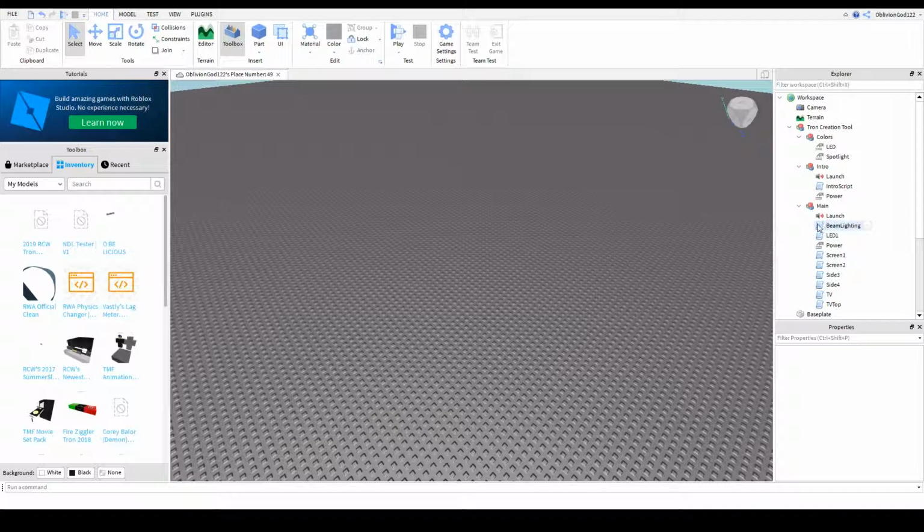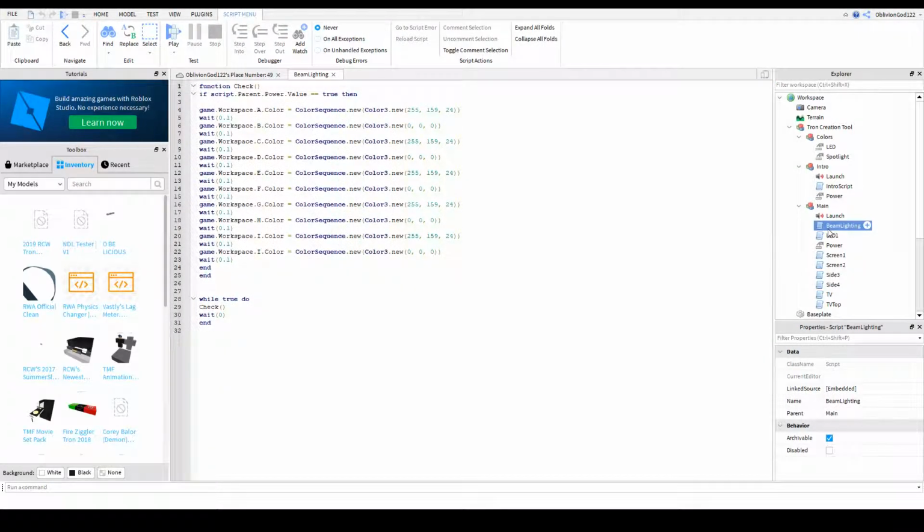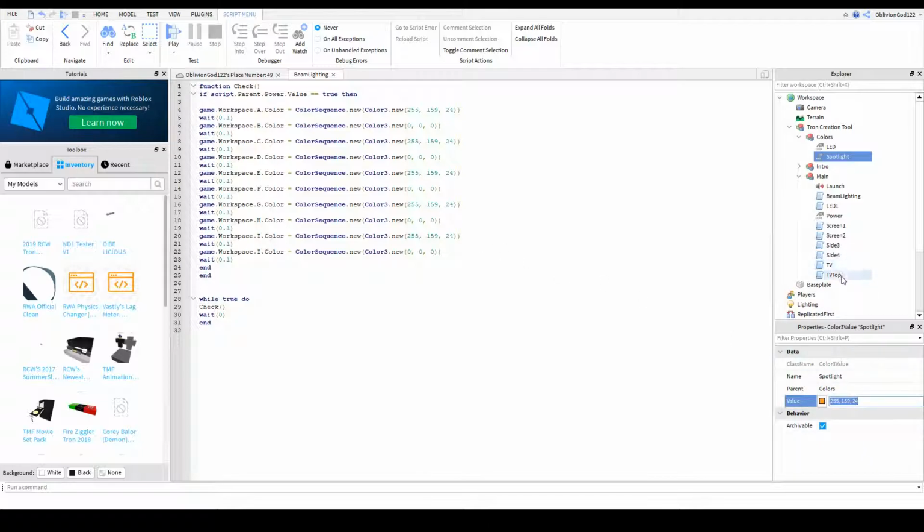Now, go into the beam lighting script under your main. Here is when this little guy right here will come in handy, because these are our new colors for our new light system, which is above the Titantron at the new arena, which some of you don't know what I'm talking about. So remember, just go with the same color palette. So if we go with a red,